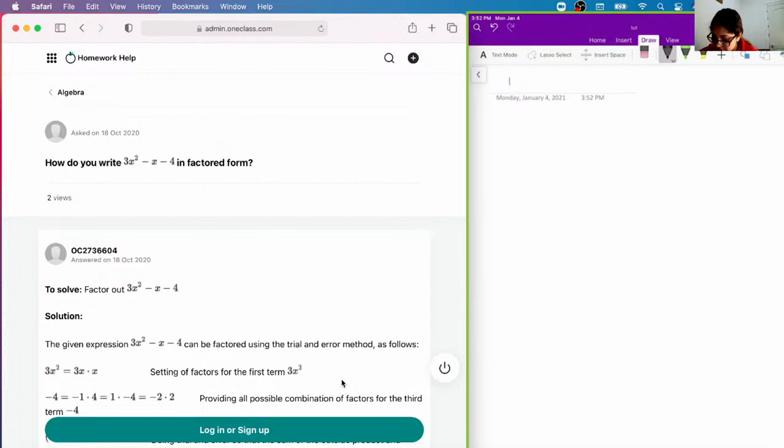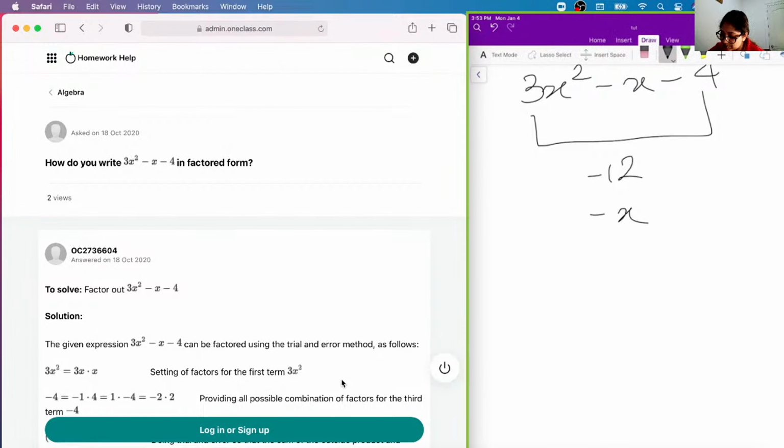Okay, so our next question says, how do you write 3x squared minus x minus 4 in factored form? Okay, so we have another factoring question here. In this case, what we need to do is find numbers that if you multiply, you would get negative 12, right? And that would add to negative 1. And so